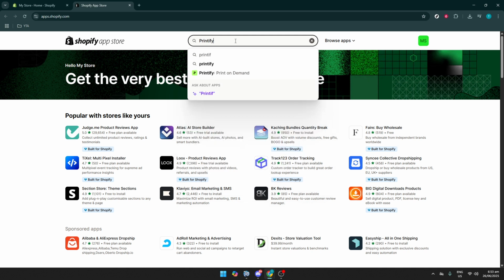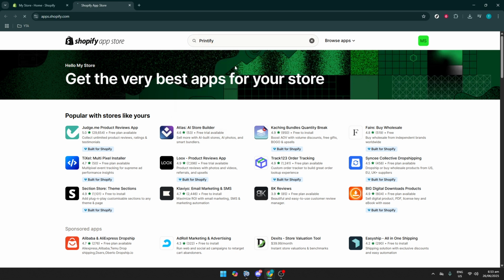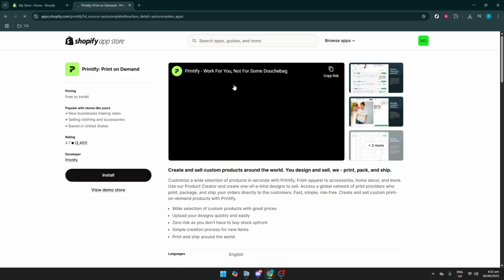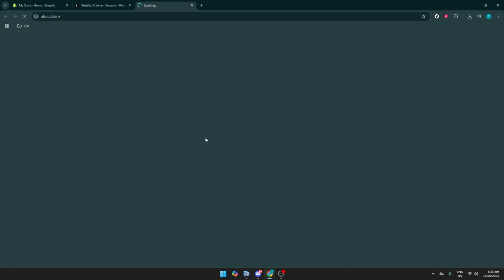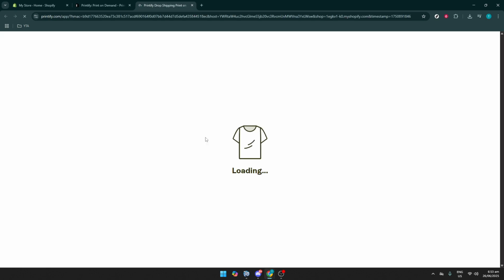In the Shopify App Store, which is essentially the service marketplace for adding features to your store, you should type in Printify in the search bar. This step is vital as Printify is one of the most popular print-on-demand platforms directly integrated into Shopify, allowing seamless order processing and fulfillment. Once the search results populate, locate Printify, Print on Demand, and click on it. This option should be at or near the top, as it's specifically designed for Shopify and known for its versatility